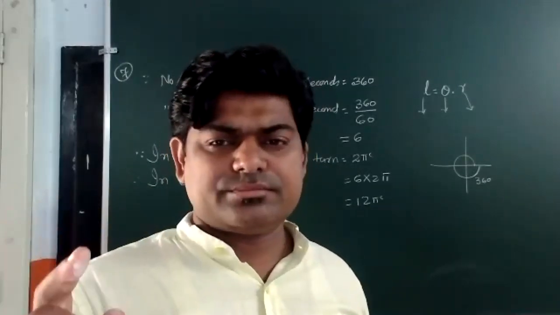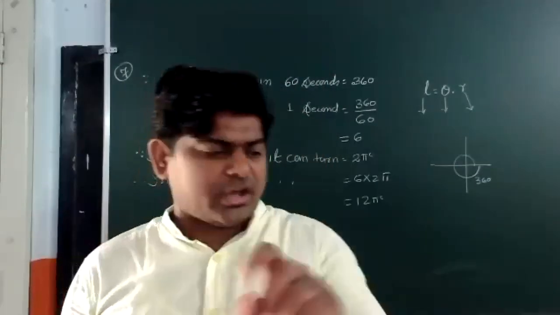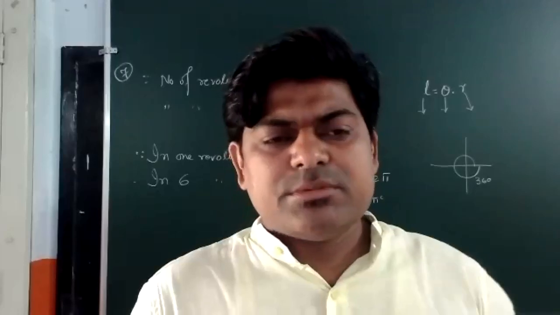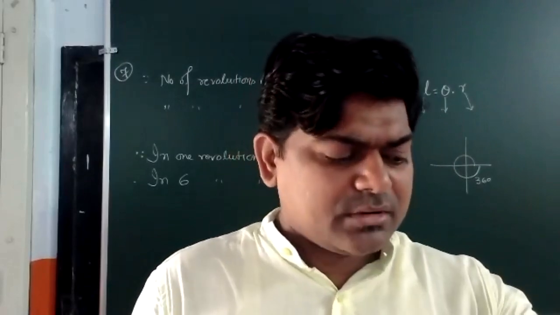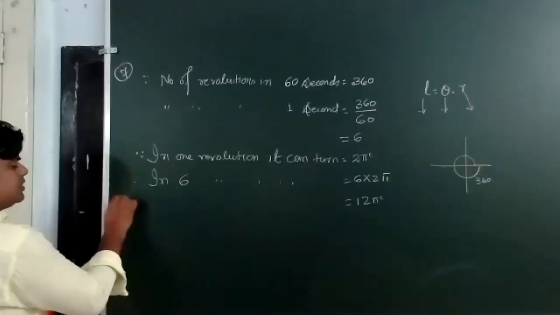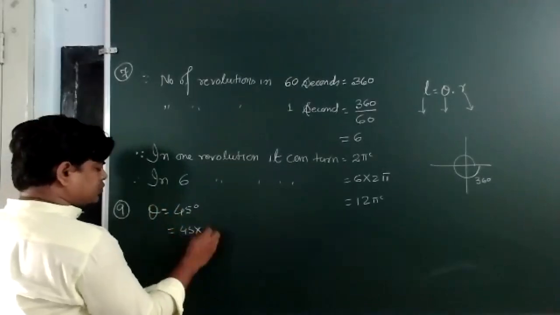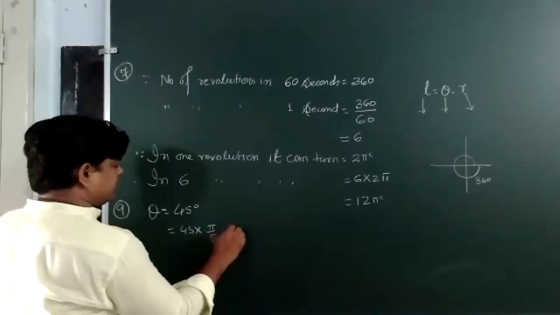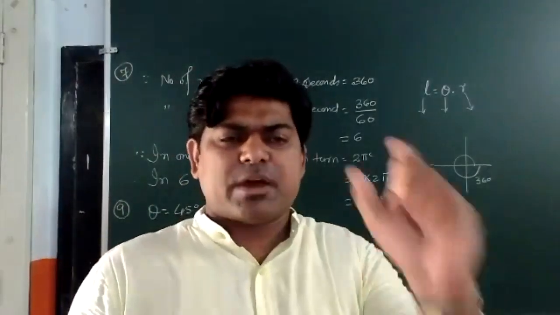Now, you may ask any one of them, question number 8, 9, or 10. Yes, 9. You're asking 9. Find the radius of the circle in which the central angle, meaning the angle subtended by an arc at the center, theta is given as 45 degrees, and it has to be converted. Theta is given 45 degrees, and it can be written as 45 into pi by 180, which is pi by 4. Theta is pi by 4.